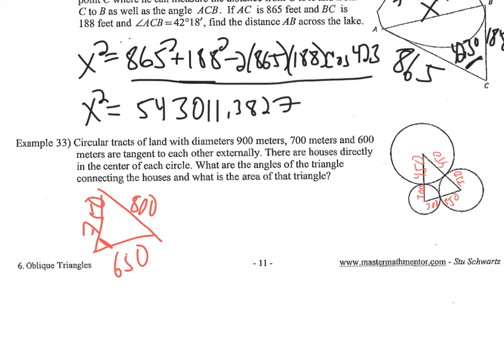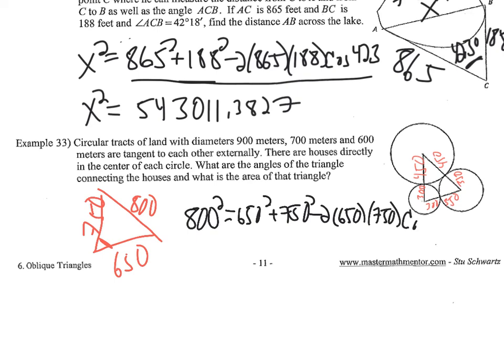Suppose I want that angle. The side opposite is the 800. So let's just start setting up a law of cosines here. I can say 800 squared equals 650 squared plus 750 squared minus 2 times 650 times 750 times the cosine of that angle that I don't know. So there's all kinds of formulas you can use to solve this. What I'm going to do is just work backwards here. I'm going to do 800 squared minus 650 squared minus 750 squared, and that leaves me this by itself. So then I'm just going to divide this mess by